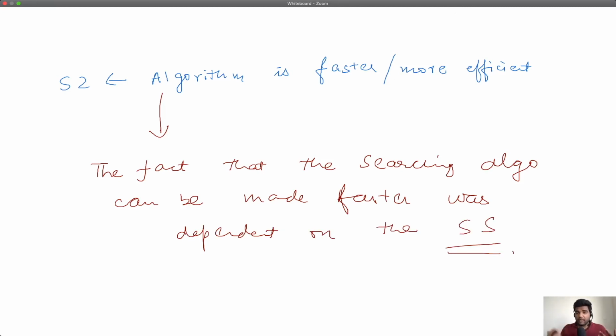Whether you can optimize the search algorithm to look for that item faster is really dependent on the search space where you are searching for that item. It depends on the properties of the search space.